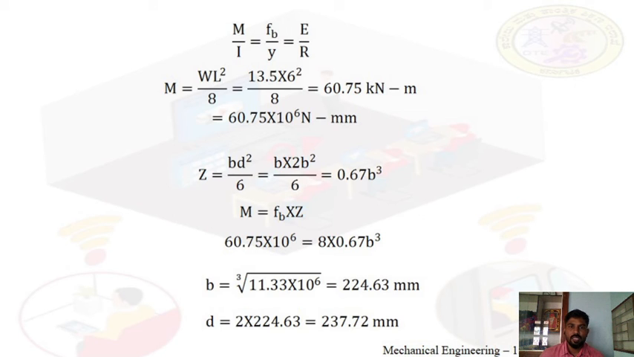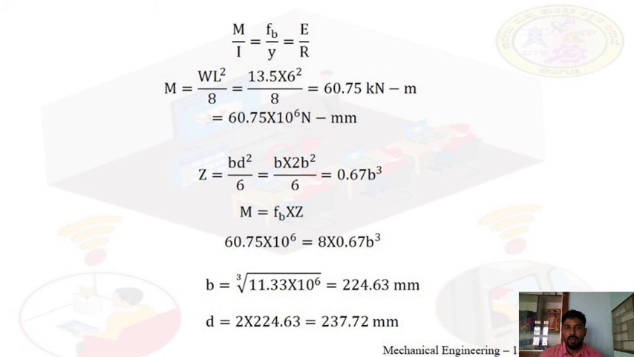We know the formula Z is equal to b d square by 6. So keep Z in the form of b. Now 0.67 into b cube. Now we know the formula M is equal to fb into Z. So substitute all the values into M is equal to fb into Z. Now b is equal to the cube root of whatever the values. Finally breadth b is equal to